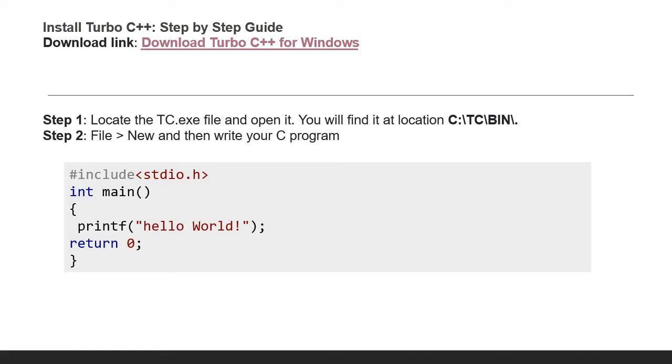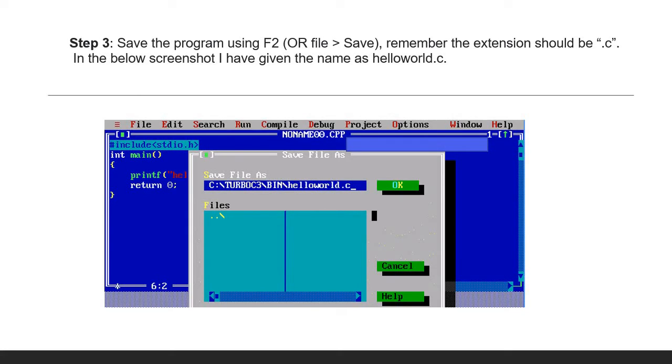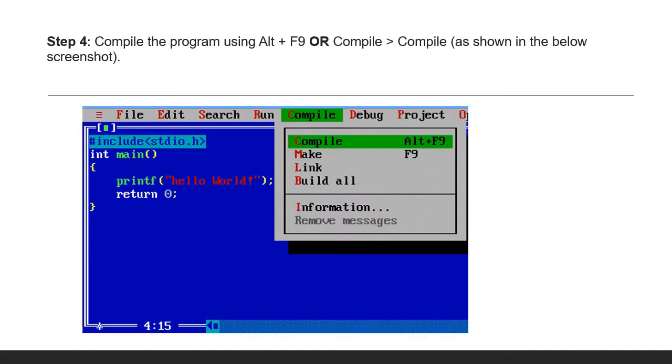Step 2, you have to click on the file menu and click on the new option so that we can write our program. Students, you can see this is the screen you will get, and over here you have to type the entire program. Now the saving procedure: by default the extension is C++, but our program is imperative programming, that is C. So without forgetting, you have to give the extension .c. You can see over here I have given hello world.c as the name of my file. Once you have put the extension, press the OK button.